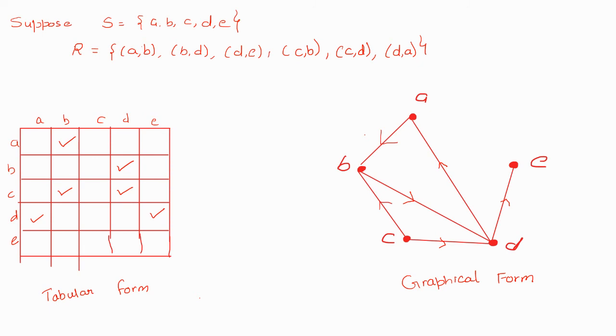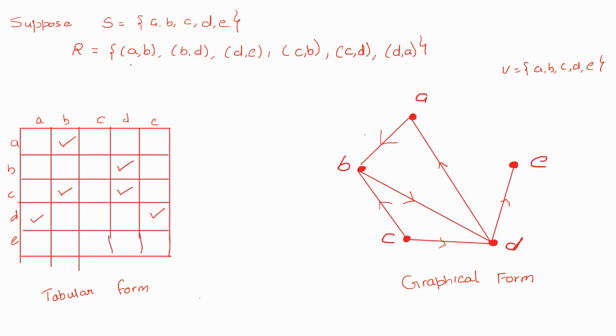So now this will be in the tabular form. Similarly we can represent this graphically like this. Now in this case, what will be our vertices? Since we have a relation from S to S itself, the vertices will be only the elements of this set S, that is A, B, C, D, E. So in this case vertices are A, B, C, D, E, and these vertices are connected by the edges, and these edges are given by this relation R. Okay, so this will be AB.